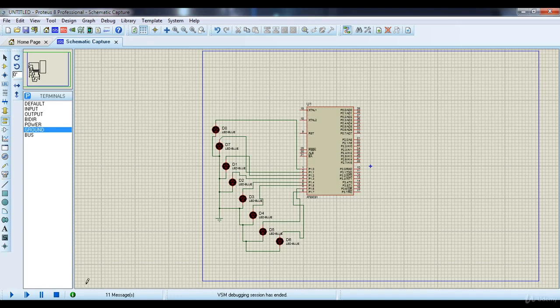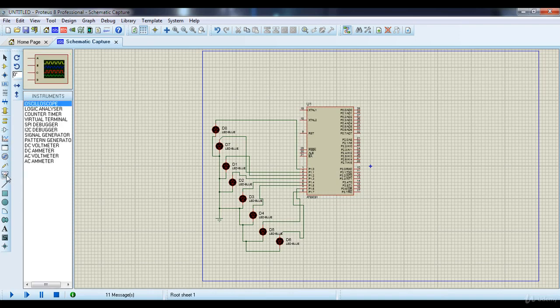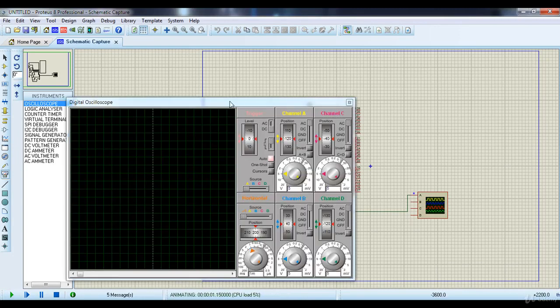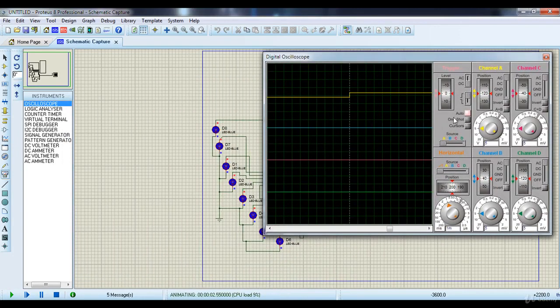You can cross verify the delay produced by our code using a virtual instrument called oscilloscope. You can connect any port P1 pin to the oscilloscope, and if you now run the circuit, you will get one digital oscilloscope window.